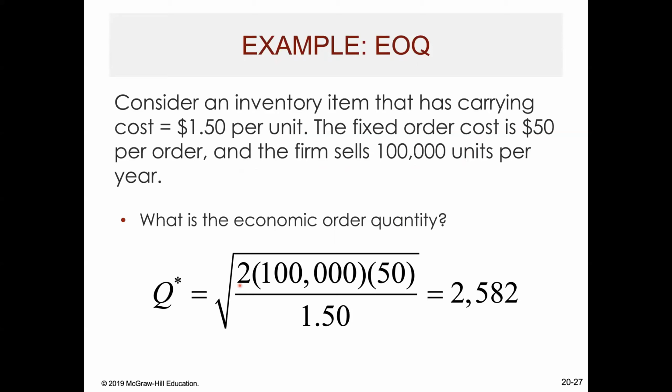So we've got 2 times T, this is total sales, times 50, which is our fixed order cost, F, divided by CC, which was 1.5. We've got to take the square root of that. So when we do that, our economic order quantity is 2,582. So that would be the most ideal amount to order, the minimum amount to incur the least amount of cost